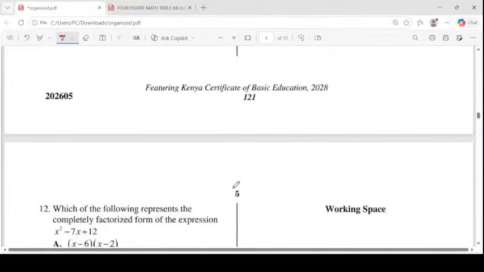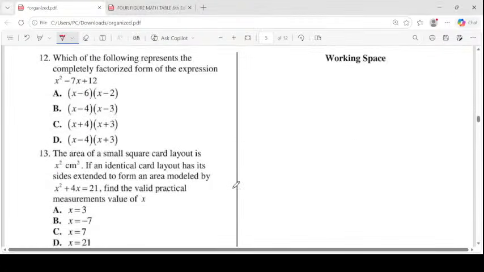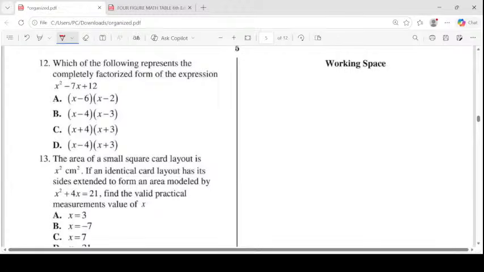Let us go to question number 12. Keep following keenly. Which of the following represents the completely factorized form of x squared minus 7x plus 12? So when I have x squared minus 7x